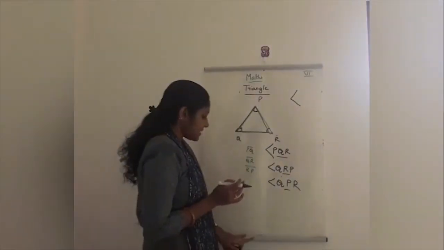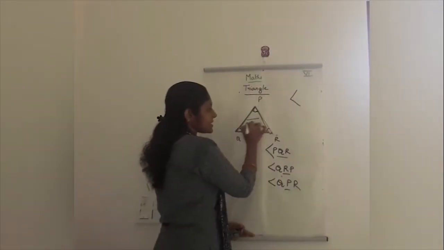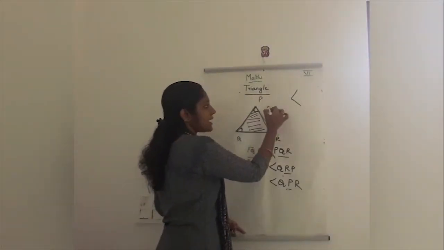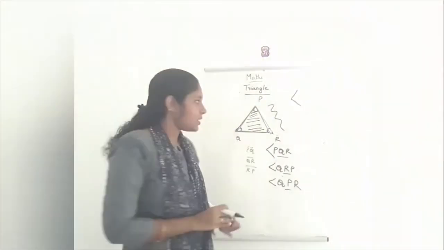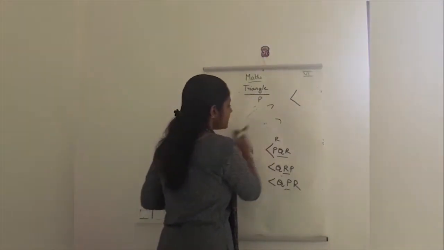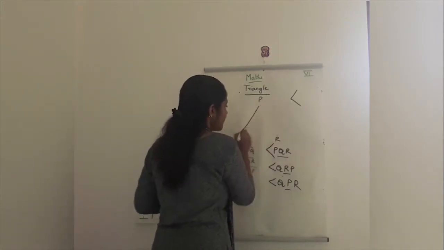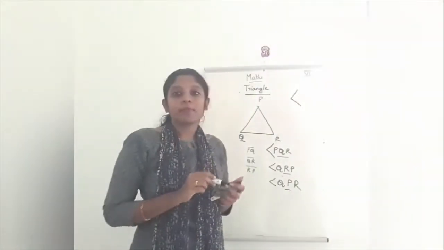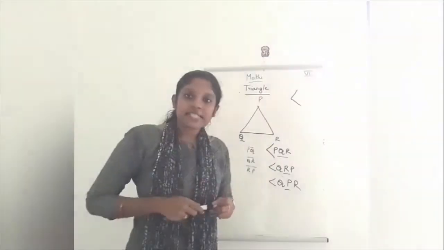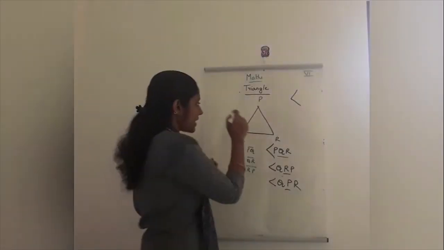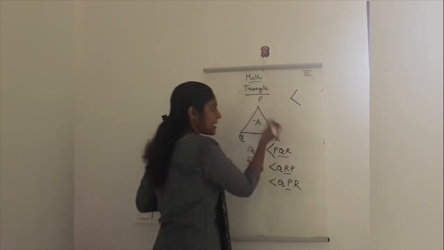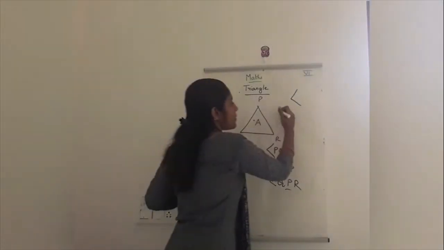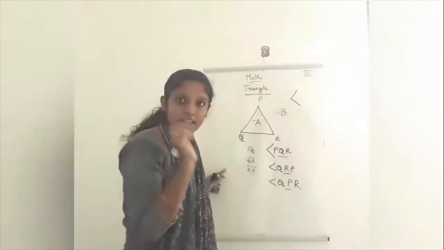So next thing is same like that, this triangle has also got an exterior and interior portion. Okay, so when you look at this, this is the interior portion of the triangle and this is the exterior portion of the triangle. Okay, so when I draw a triangle, for example, PQR is a triangle. We have already studied what are the sides of the triangle and what are the angles of a triangle. 3 sides and 3 angles. So when you draw a triangle, and I have marked a point A here inside. So this point A is interior of the triangle, and here point B is exterior of the triangle,